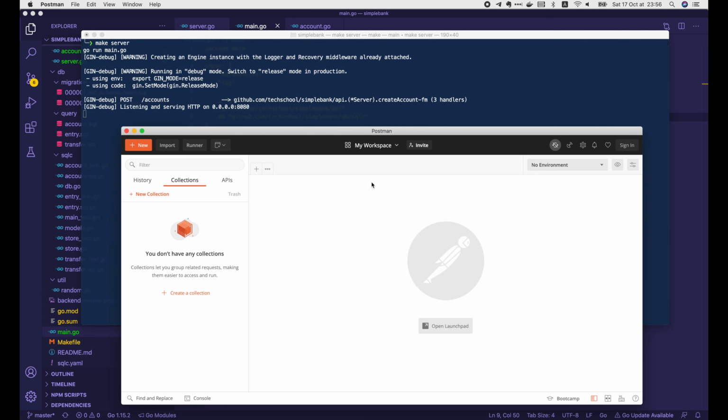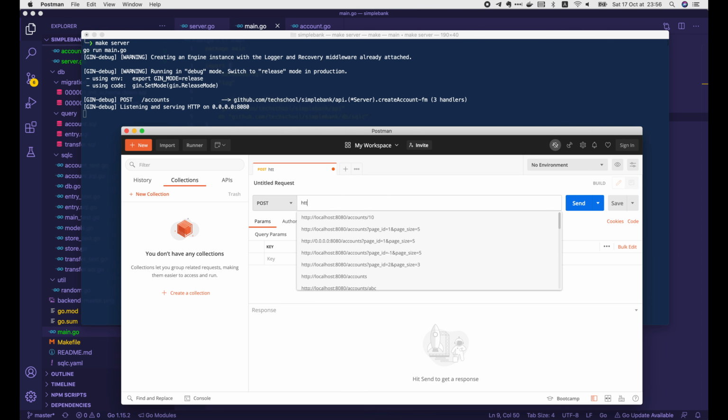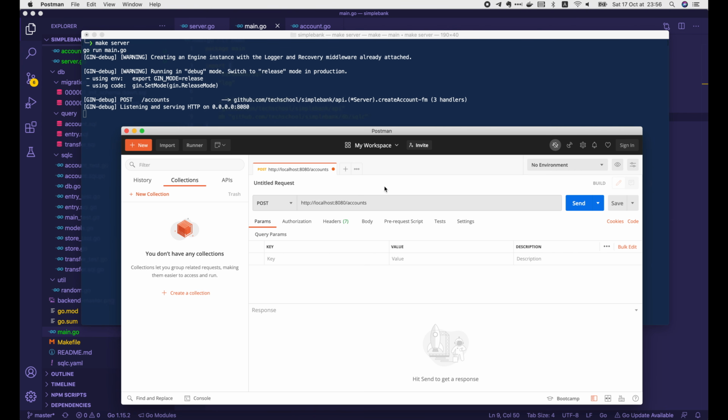Now I'm going to use Postman to test the create account API. Let's add a new request. Select POST method. Fill in the URL, which is http://localhost:8080/account. The parameter should be sent via a JSON body. So let's select this body tab, choose raw, and select JSON format.